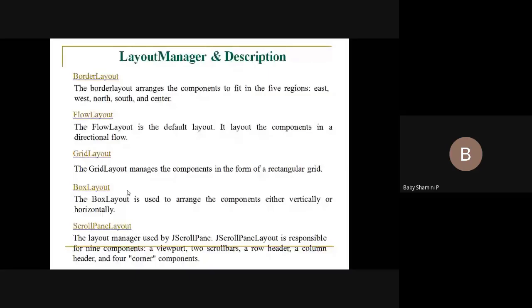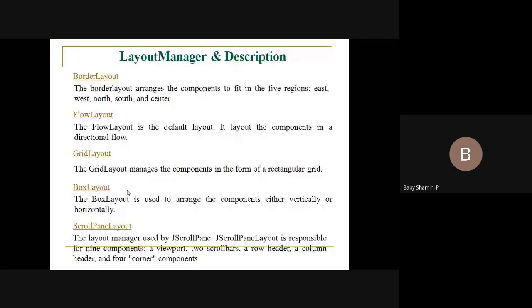Then FlowLayout. Here we have to set the flow, that is from the right position, the left position or the center position. We have to set the default value. Based on the value, it allocates the components in a directional flow, one by one.